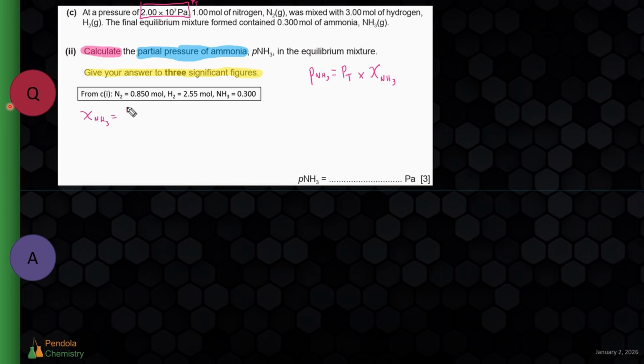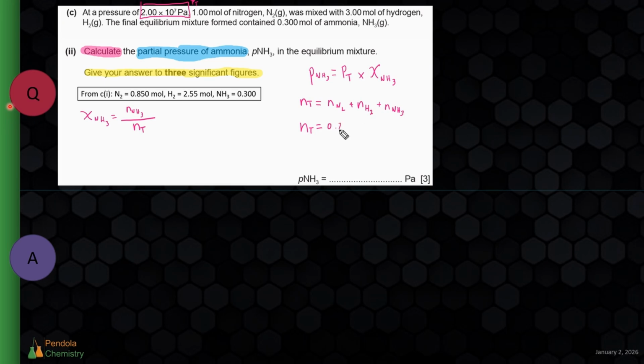the number of moles of ammonia, which we know we have at equilibrium 0.300 moles of ammonia, over the total number of moles. How do we find the total number of moles? All we have to do is add up the moles of every compound here. So the moles of nitrogen plus the moles of hydrogen plus the moles of ammonia. And yes, we do include ammonia because it is a total moles in the mixture. So the total moles is going to be equal to